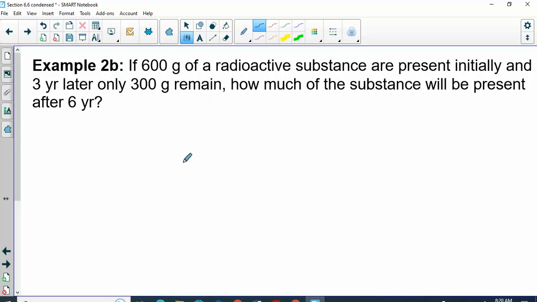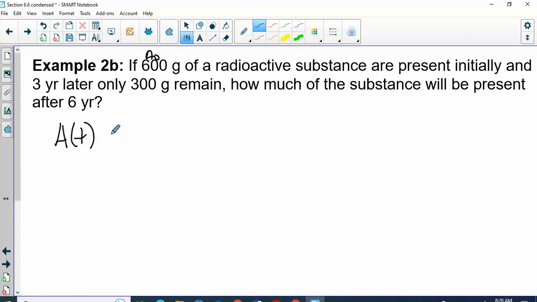So, if 600 grams of a radioactive substance are present initially, so this 600 is my A sub 0, my beginning amount. And 3 years later, only 300 grams remain. How much will be present after 6 years? So my goal,